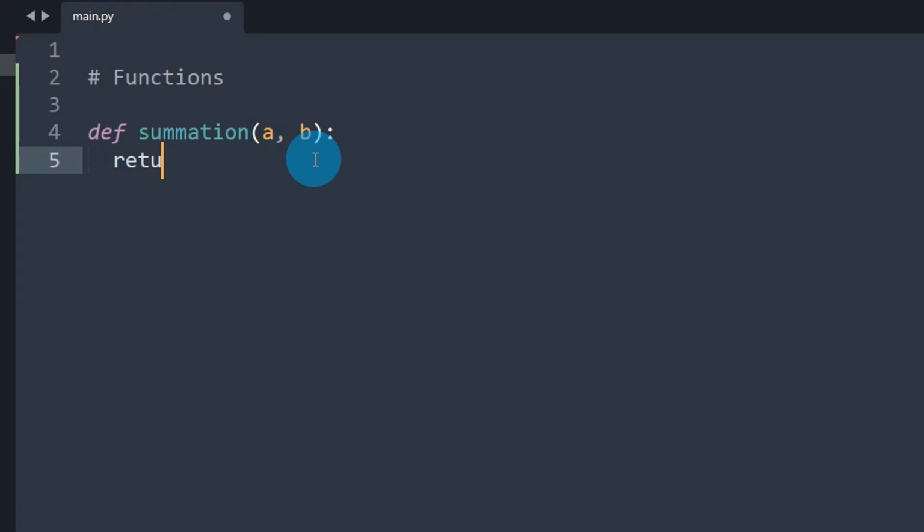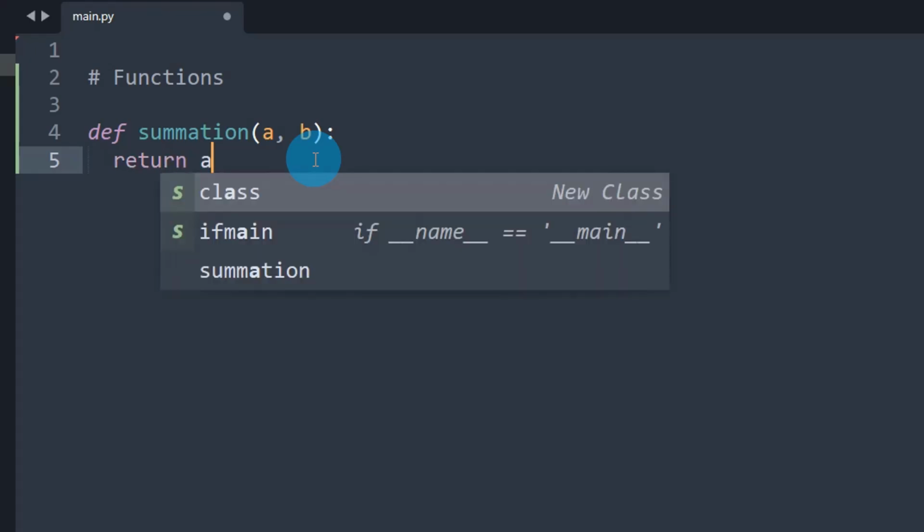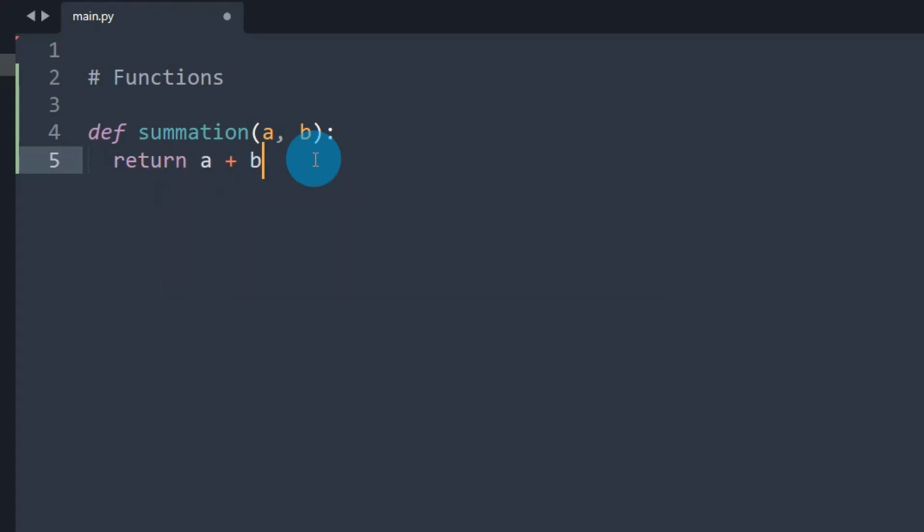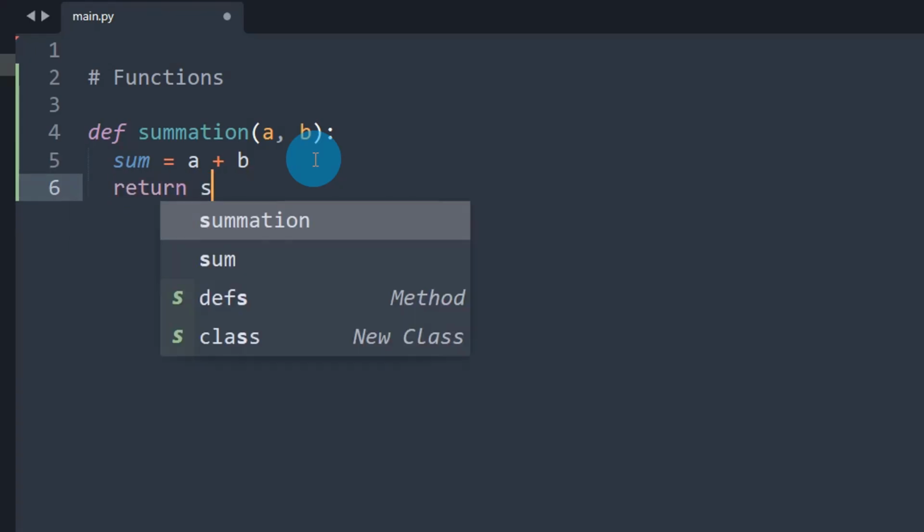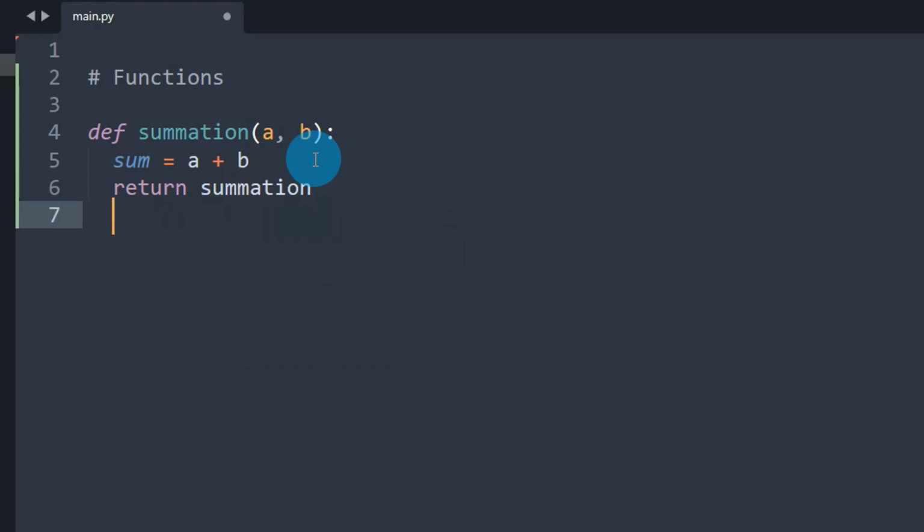since this function doesn't have any complicated logic, we can just end in a single line, return a plus b. Or let's say you want to do it in 2 steps, that's also fine. Let's say sum equal to a plus b. The sum is a local variable to this function. The addition of a plus b will be stored in the sum, and I am returning the sum here. Okay, so this function summation will take two parameters a and b. It will sum up and it will return the summation of a and b.